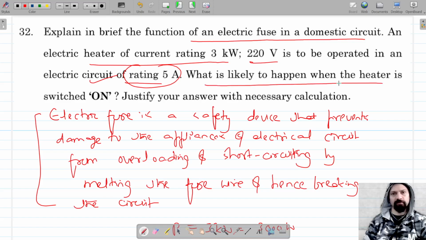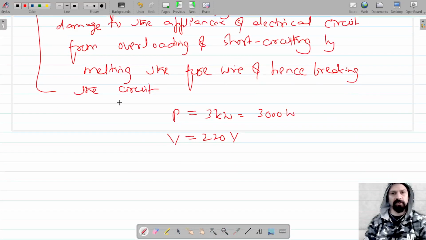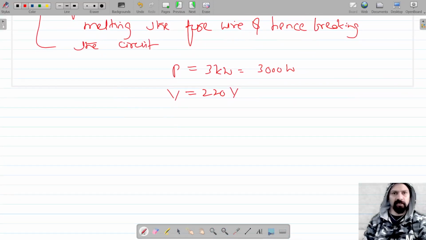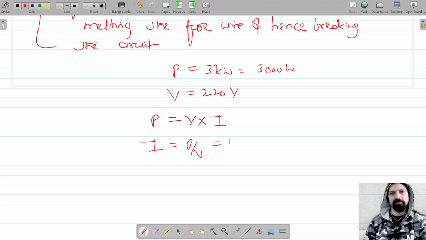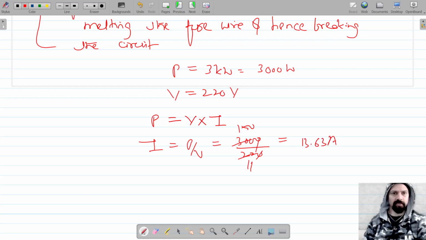So what is likely to happen when the heater is switched on? The heater को switch on करेंगे तो क्या होएगा? So let's calculate the current that will be drawn. So what current will be drawn by this electric heater? We know that P is equal to V into I, so I is equal to P by V. So P is 3000 watt, potential difference is 220. This is 150 by 11, which is 13.63 ampere. So 13.63 ampere का current जो है